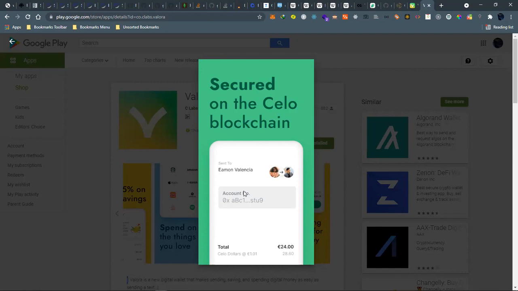So if that particular someone has not opened an account using their mobile phone number, then the money is stored in an escrow for like 2 days. And if they haven't opened an account in 2 days, that money is returned back into your account.